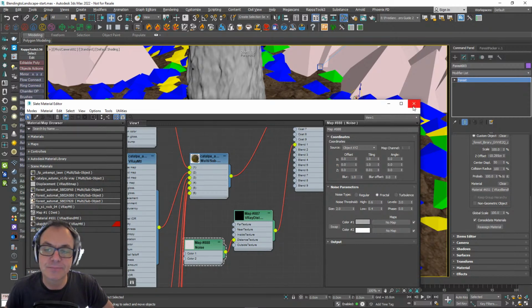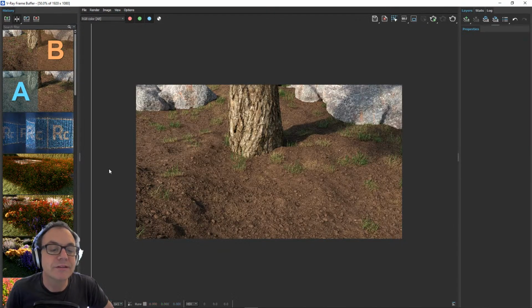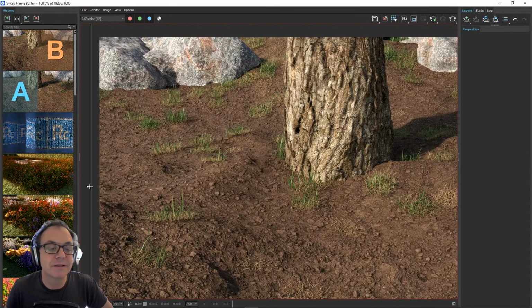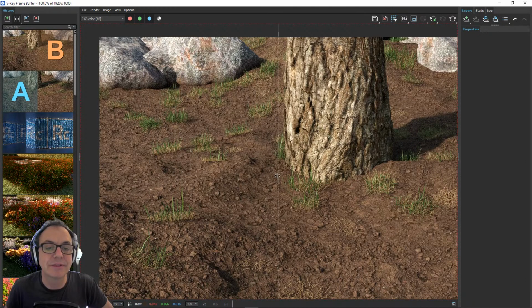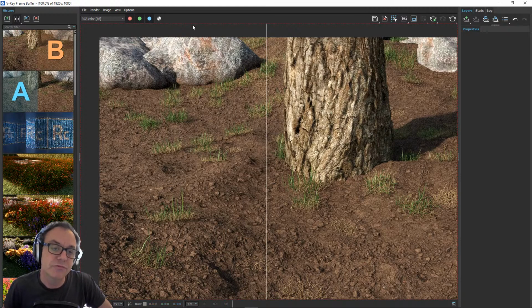But with all those transitions done, what you'll end up with is something like this. If you can see in the background there, these rocks are blending much better into the floor than they would otherwise. And the nice thing is it's fully procedural. If we move these rocks around, or raise them up in the air a little bit to have more of the rock above ground or less of it, then this texture will just adapt. And the same's true of the tree.